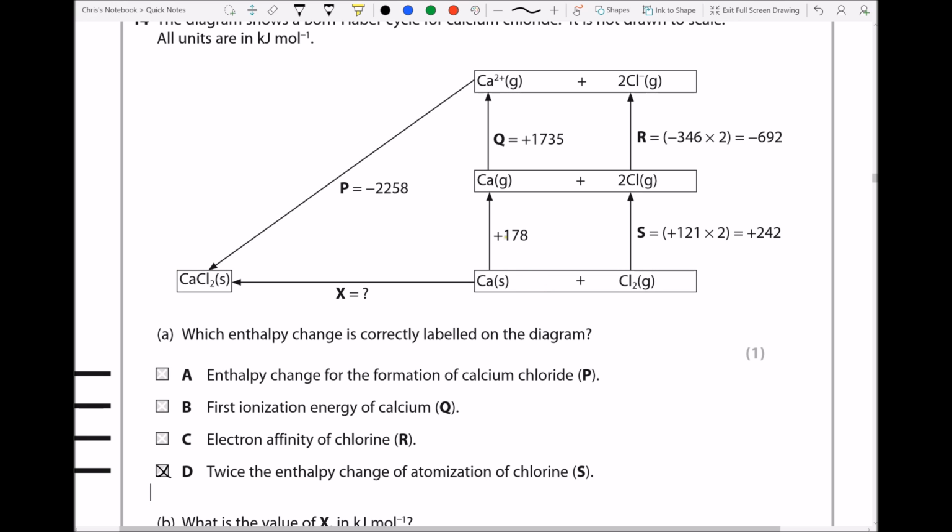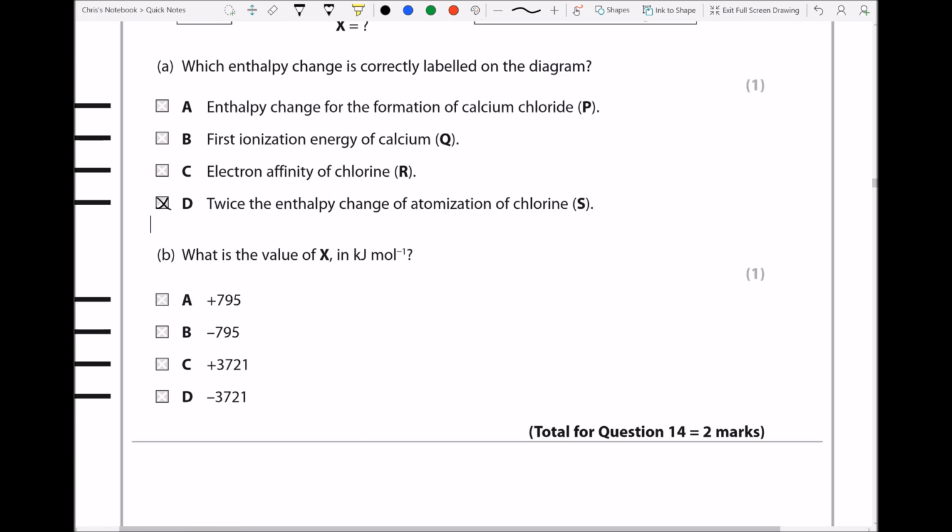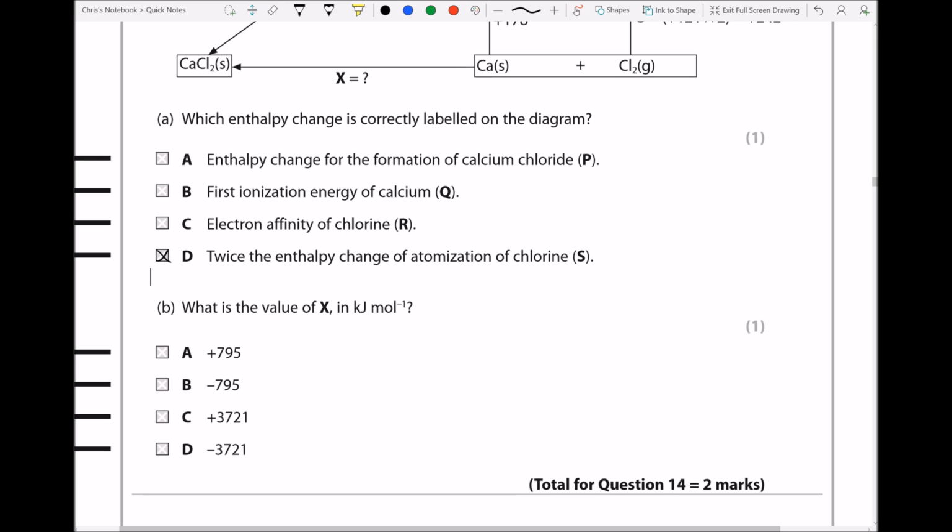But obviously with this, we've got a load of arrows, and we have to obey the arrows as well, like little laws. So we have to make sure that we use the arrows to make sure we calculate these things properly. Okay, so right, let's just try it. So we're going from here to here, so we're going to go up here. And when we go with the arrows, we keep the signs the same. So this is plus 178, and that's plus 242. So what we're going to do, write the numbers in here. So it's going to be plus 178 plus 242